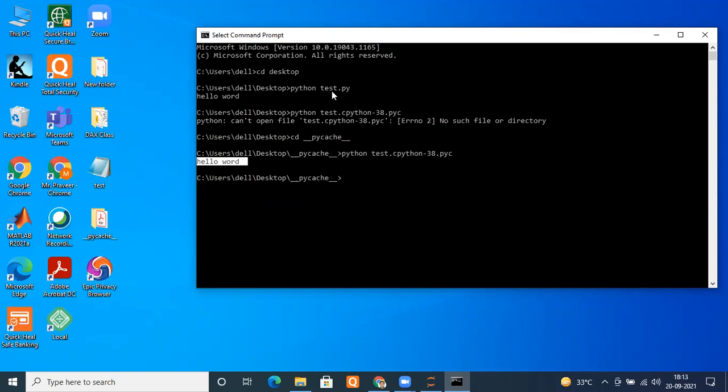Either you are running python test.py or you are running that PYC file, that is the bytecode file. But what is the difference? Which will consume less time? Understood, it is the .pyc file. I hope the person who asked me how to run the PYC file is clear now. Just use the normal Python interpreter command before it, and you will be able to run it. Just ensure that you are in the correct directory. I hope it is okay with everyone, especially the person who asked. Is it fine?